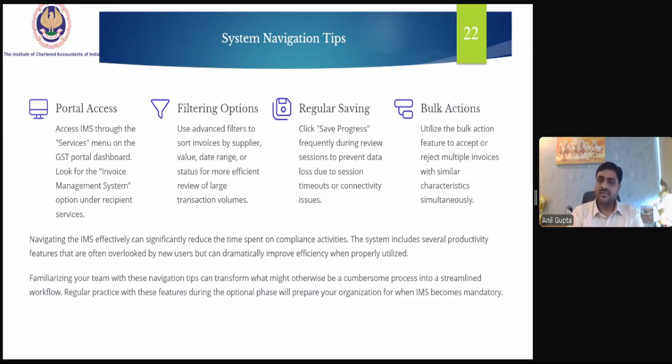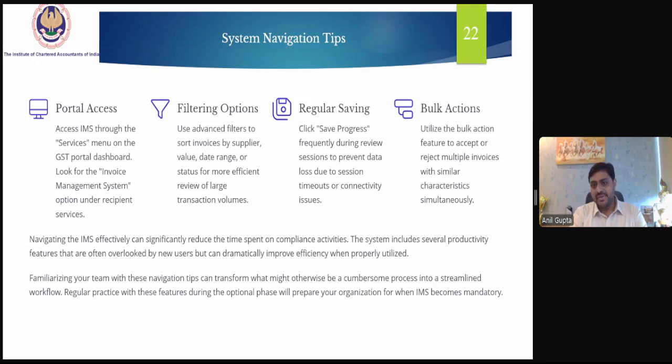Also adopt a practice of regular saving of the records. Click on Save Progress frequently during review session to prevent data loss due to session timeout or connectivity issue. Also, there is a feature of bulk action available on the IMS dashboard.